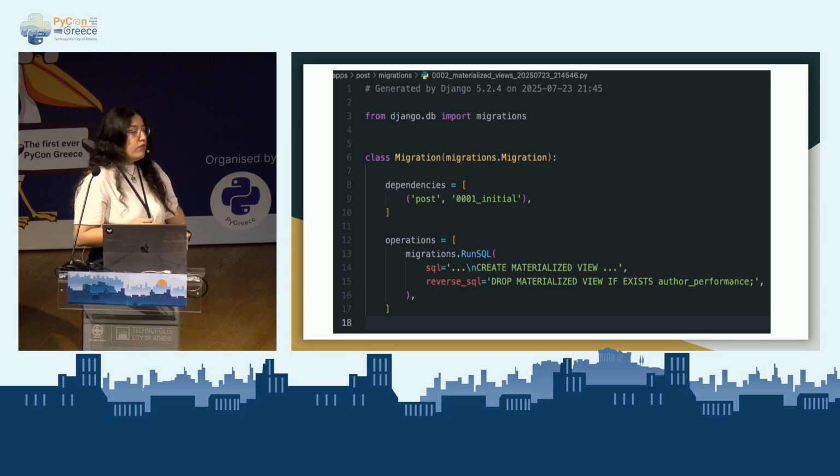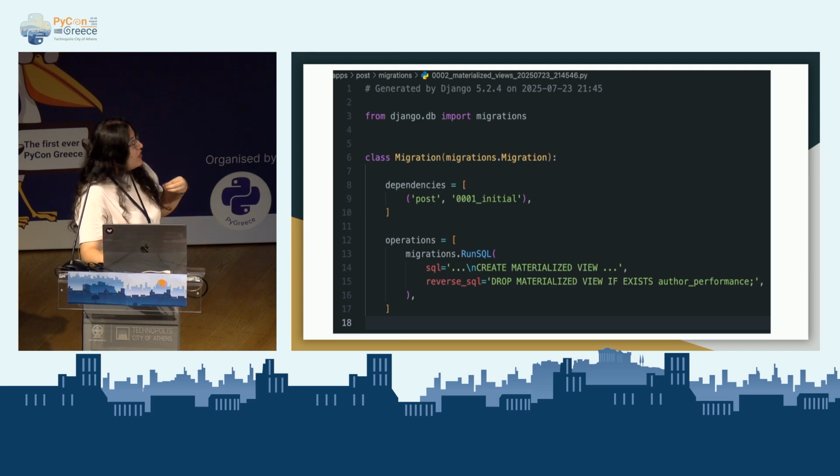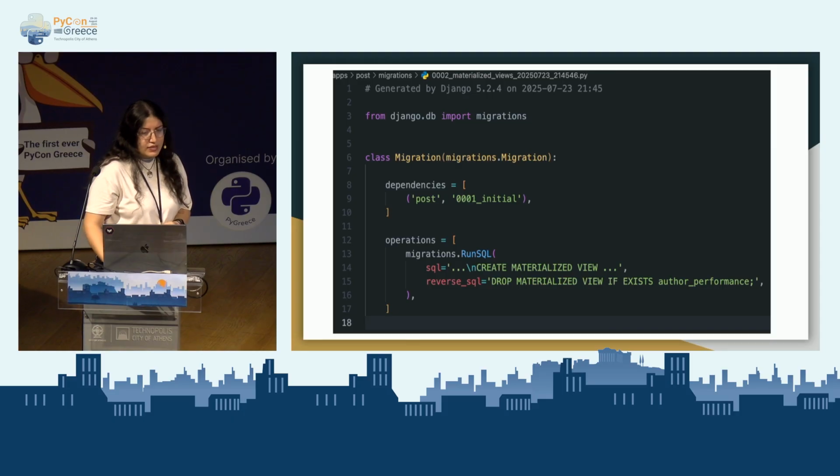If you have a lot of write operations instead of read operations, the materialized view isn't a good way, because every time data is written to the database you need to refresh it. So the materialized view is especially good for reports and statistics or analytics APIs.